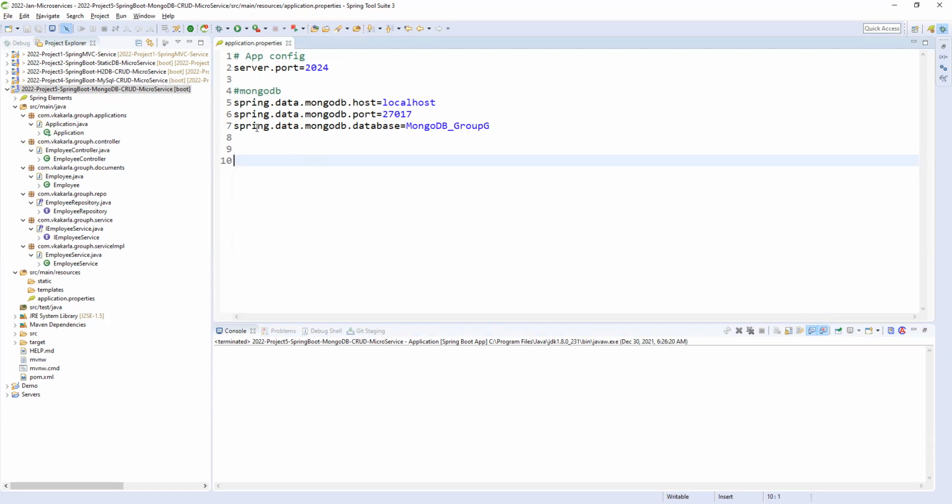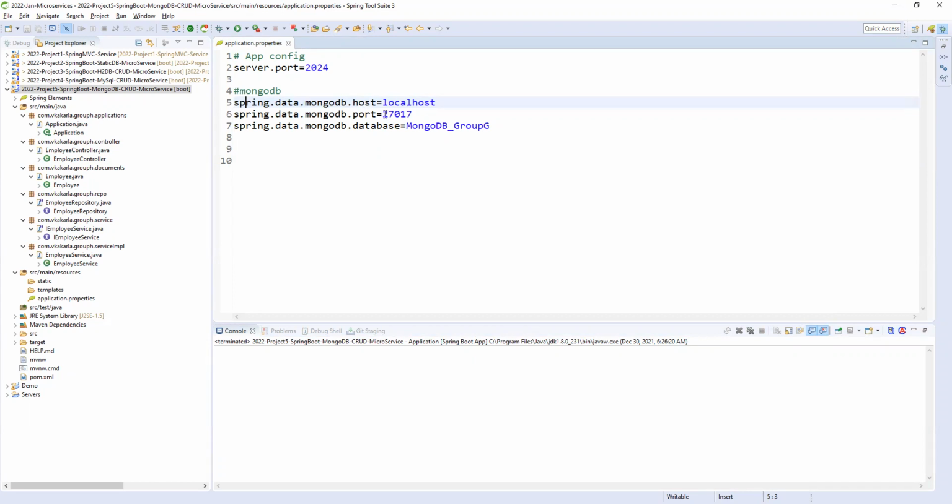So we can directly provide the keywords or properties of a database. You can directly provide them here. Why? Because these are the spring.data.mongodb host properties, right? So these are Spring related keywords. Automatically Spring Boot will take them and configure, and it will connect. No need to write a configuration file. If you want to write, you can write, no issue.